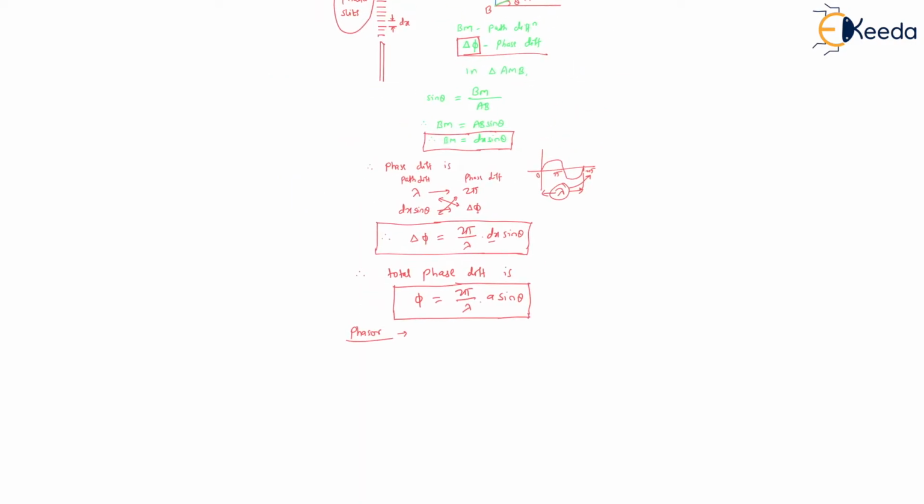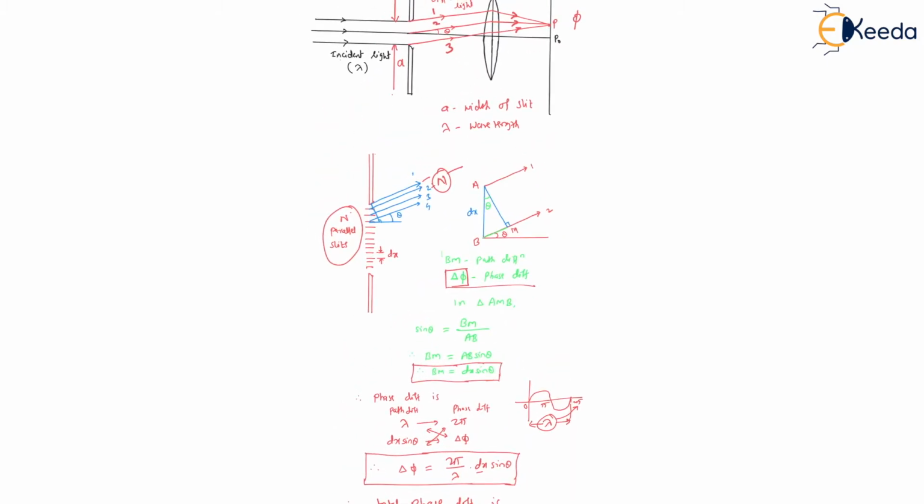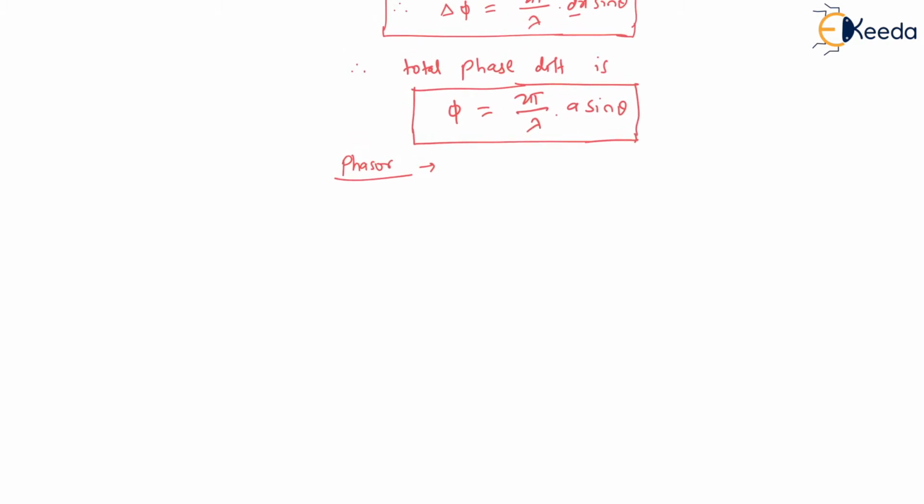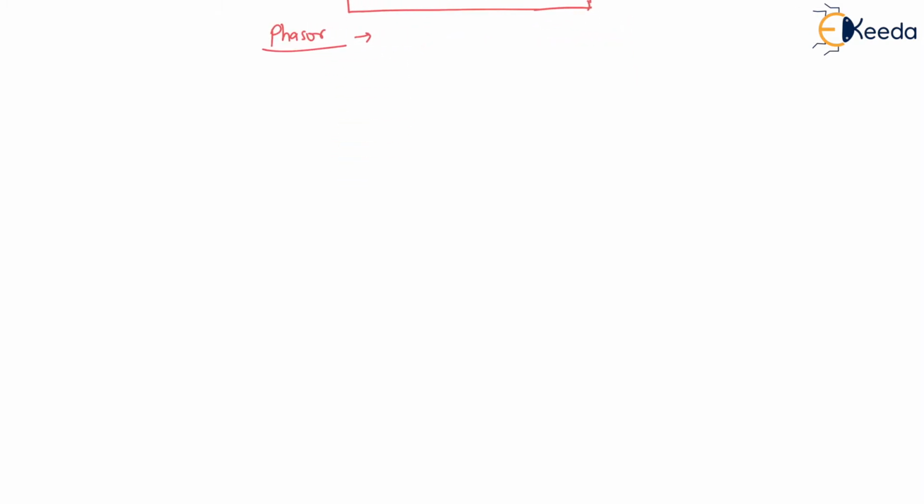So here, from these n parallel slits, n number of phasors are arriving. So there are n phasors, and we have to find out the resultant. Then we have to add all these n phasors. So here I will draw one diagram. The phasors will add like this, see, or they will form an arc like this. These are all the n number of phasors. They will form an arc.